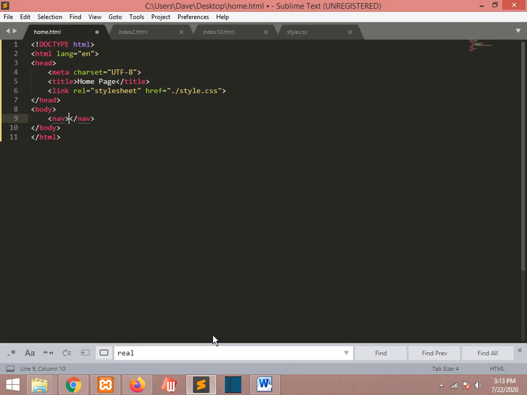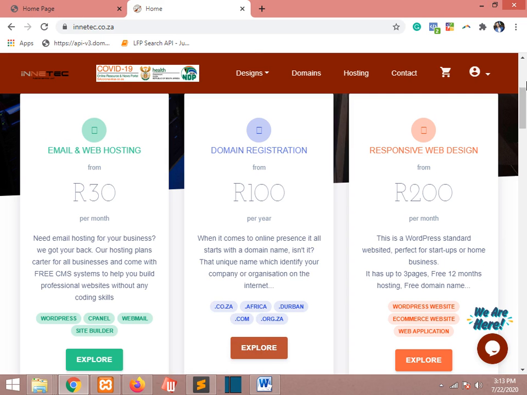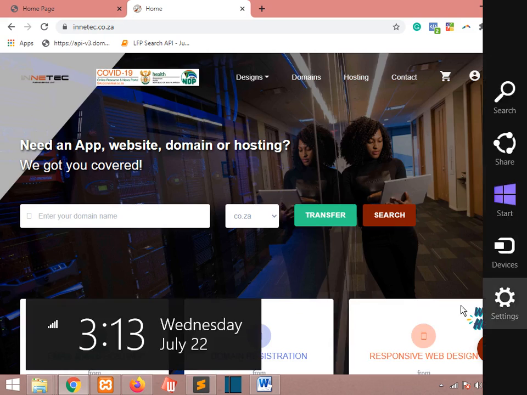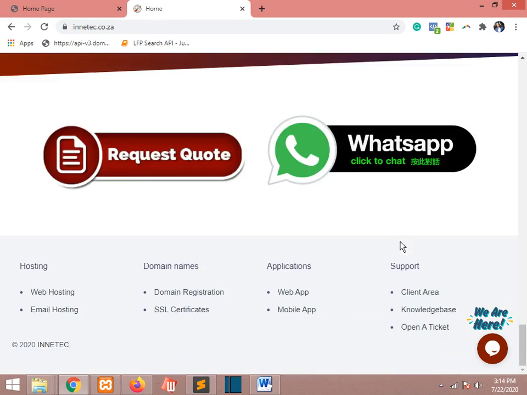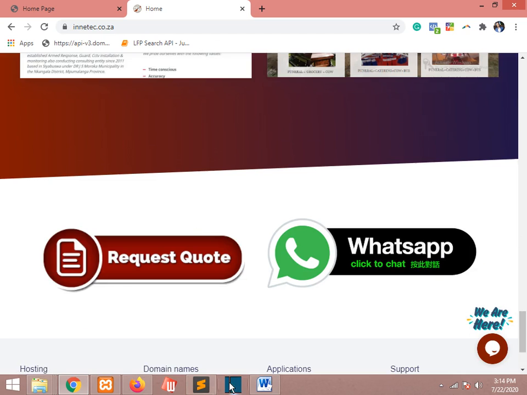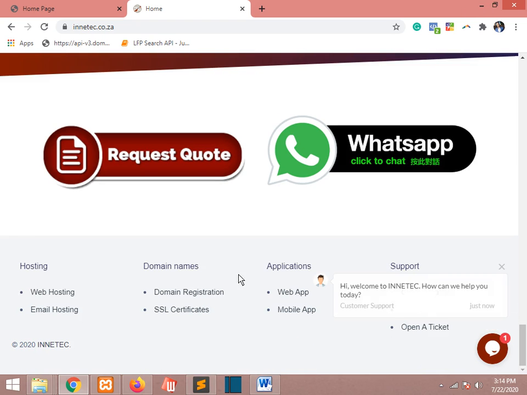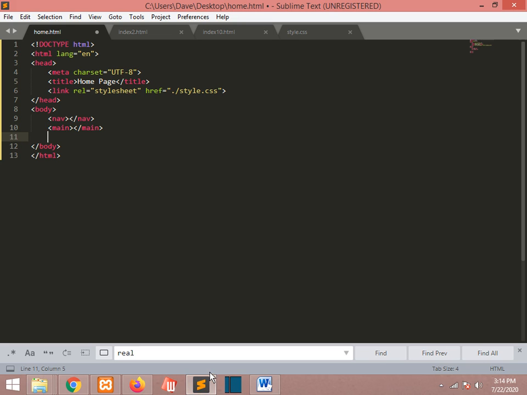We put it under the navigation, and it has its own tag. Everything that lies underneath that will fall under main. We'll have what we call our main tag. The last one is this last part here. All these things that are here are what we call a footer. They will fall under our footer. And again, to autocomplete, I'm just writing the name of the tag and pressing